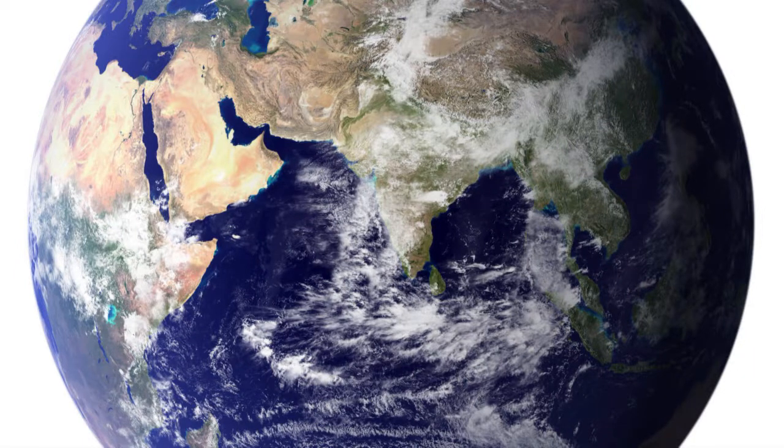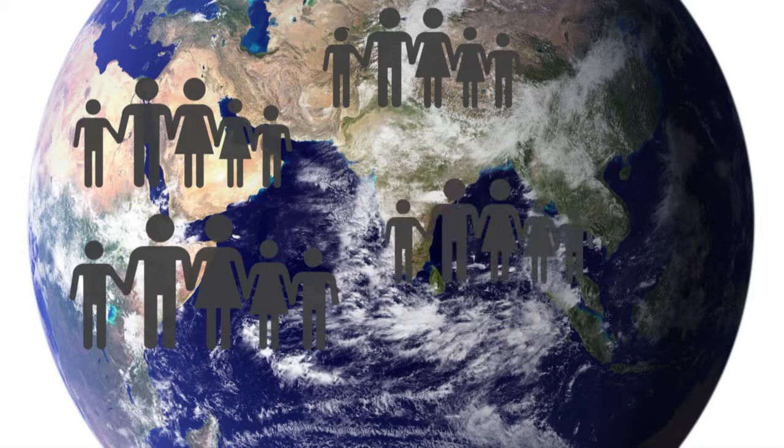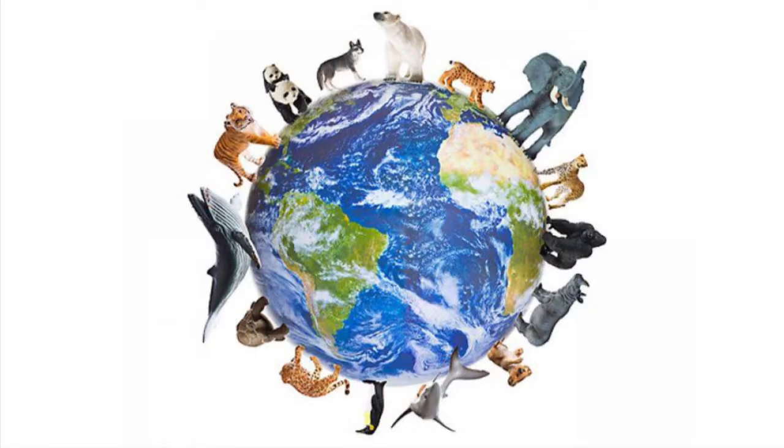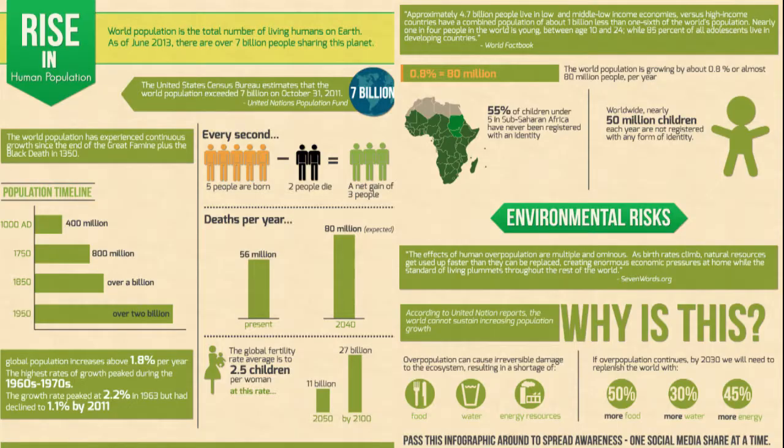There are currently over 7.3 billion human beings that inhabit planet Earth, according to the United States Census Bureau. That doesn't include the animals, insects, and other species that share this planet with us. The difference between ourselves and Earth is that our planet is done growing. Our populations are not. The current population is 3 times what Earth can support, and though there's really no solution